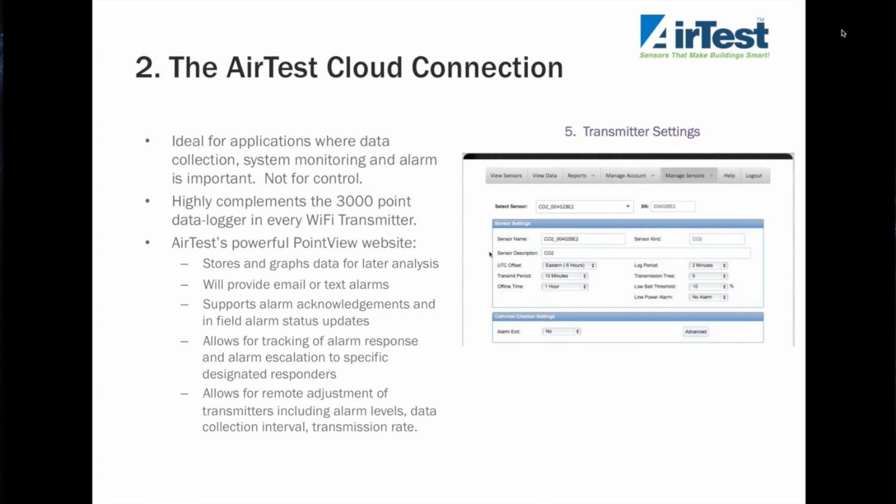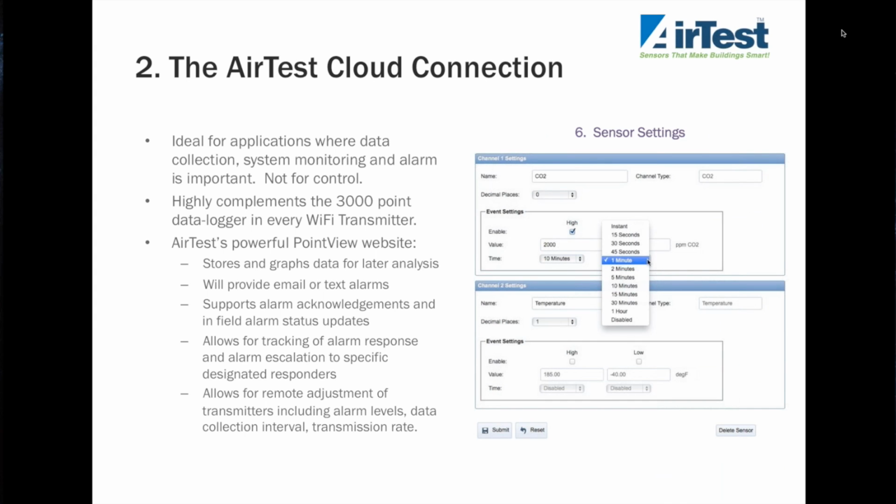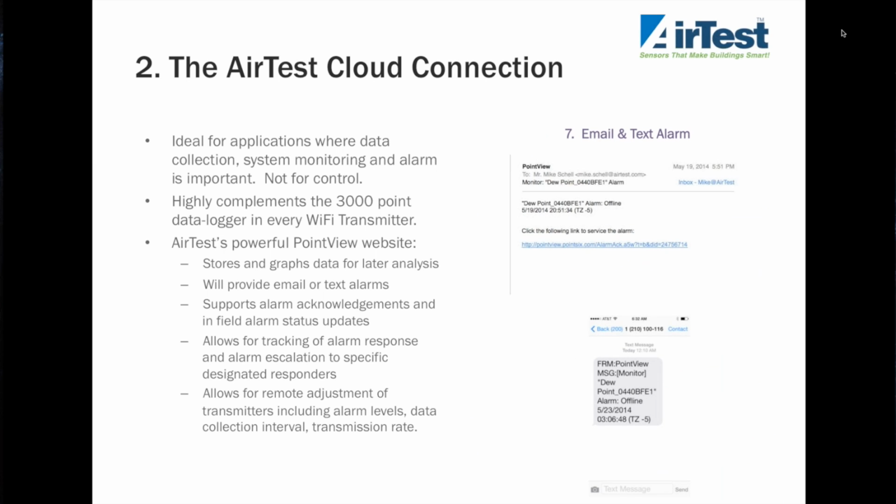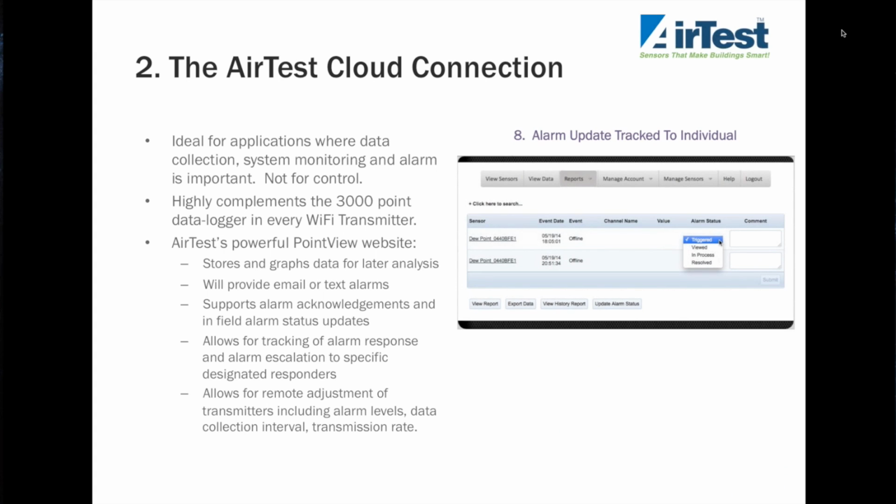You can also just set how often the devices transmit, and at what point they should alarm, and then once they alarm, these are examples of the email and text alert that goes out. As you can see in the email on the upper part, you can go back to the website and acknowledge that you had received the alarm. When you do that,